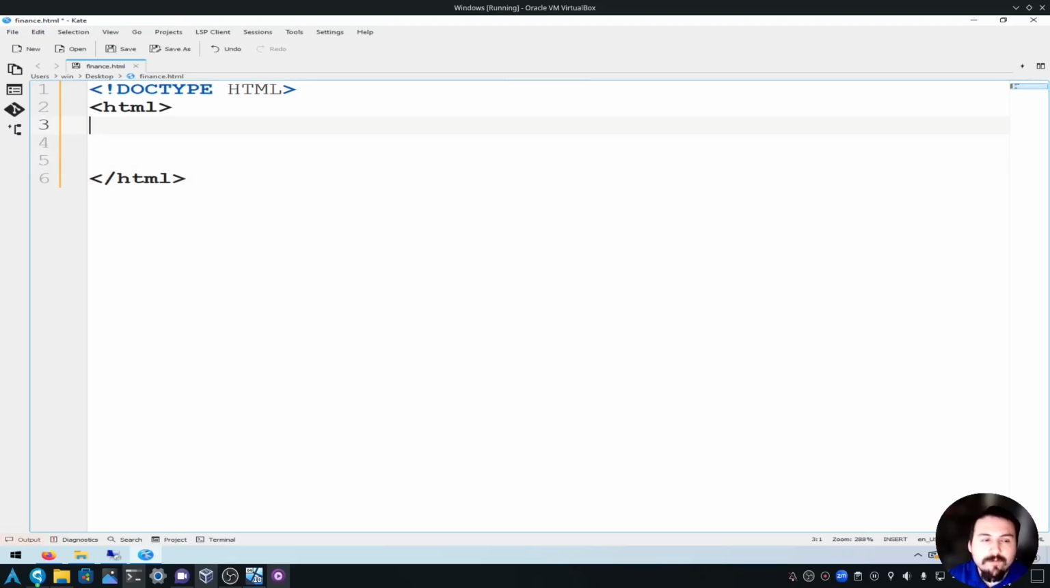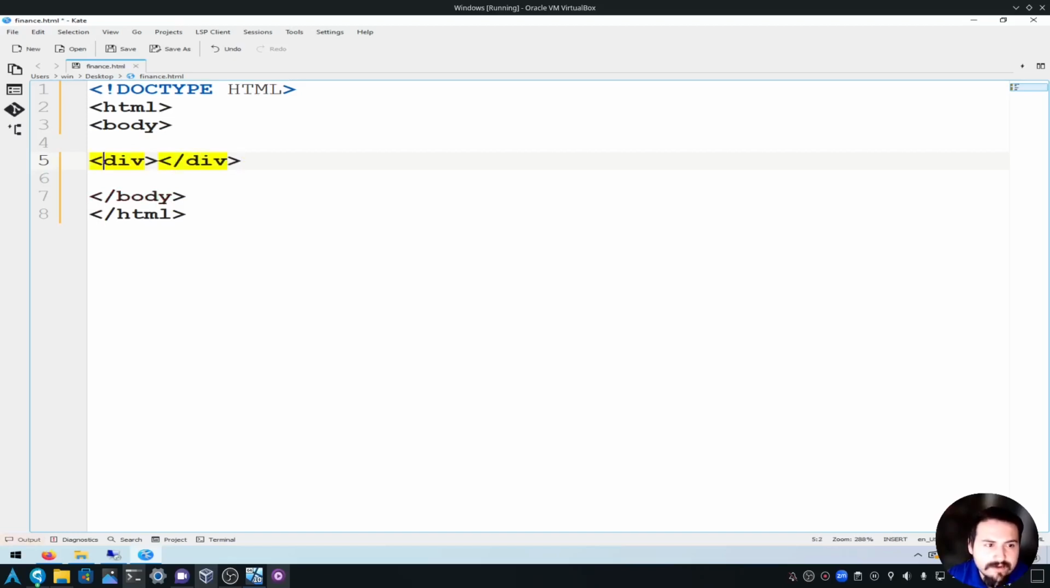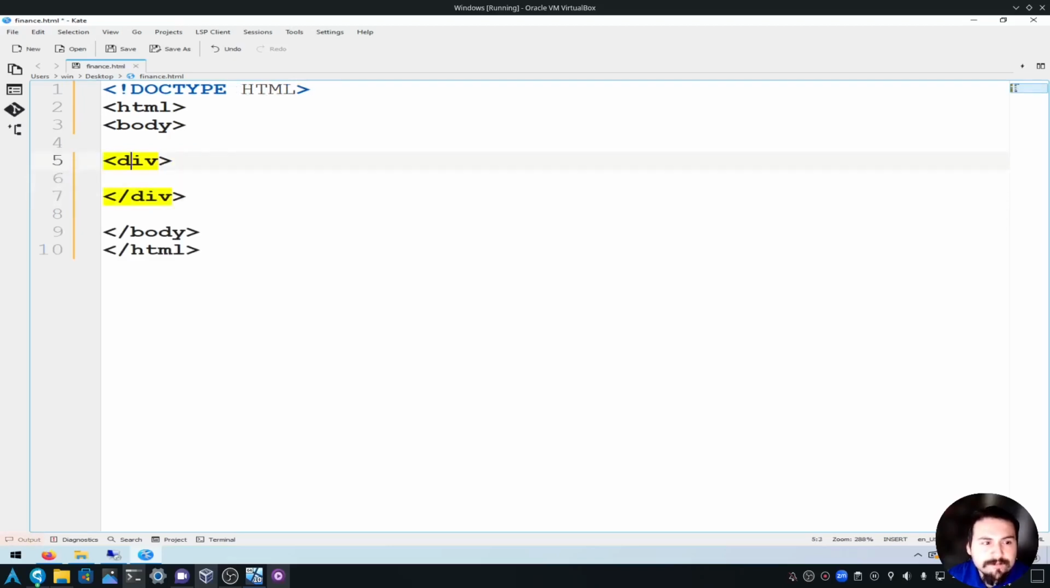We also need one more thing, which is body. And then let's close the body tag. Let's open up a div tag. Divs are similar to containers. So let's go ahead and open the div and close the div with a /. Let's give this div an ID. We do that by saying ID equals and then open and close quotations. This could be whatever you would like as long as it's not a keyword, so I'm just going to use